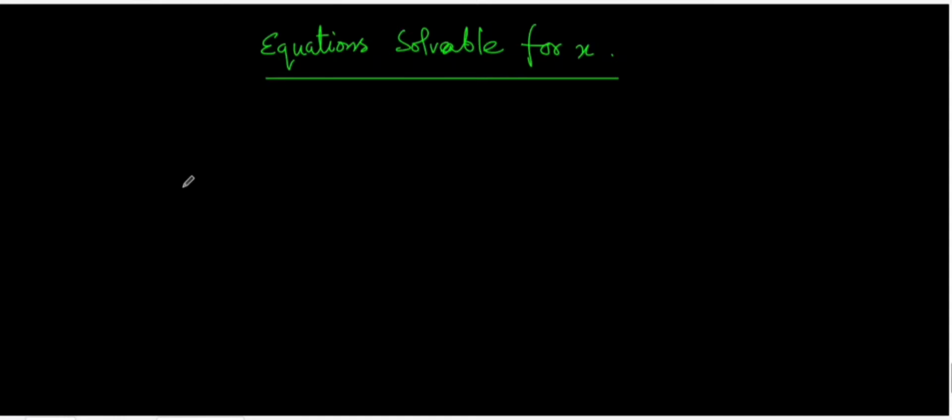In this video, I'm going to discuss equations which are solvable for x. That means sometimes we'll have a first order differential equation, but not of first degree, which can be easily written as x equals some function of y and p. That means x equals f of y and p, and what we do is just differentiate with respect to